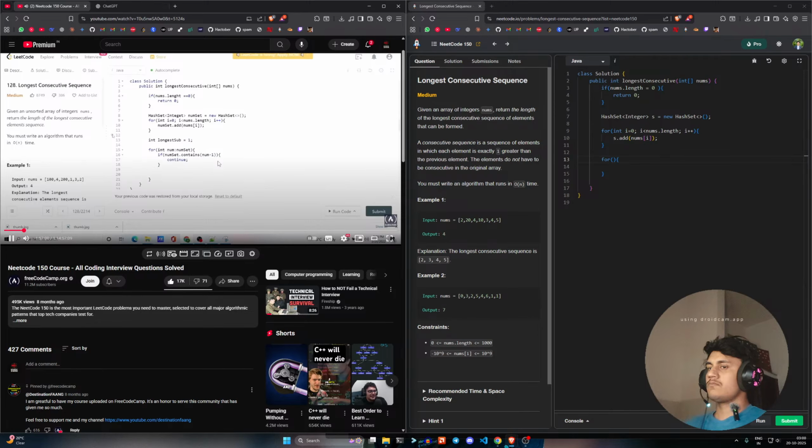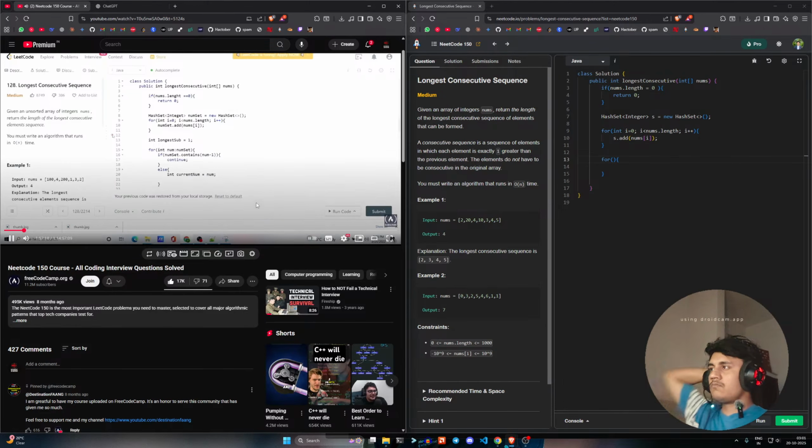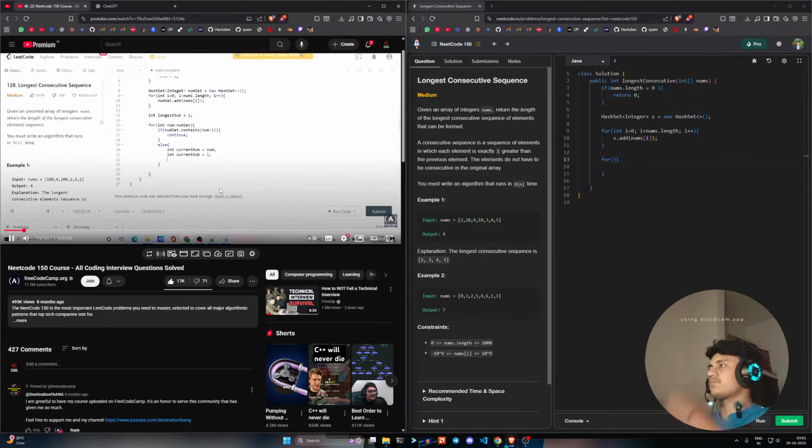If this is not the case, we are first of all going to mark the number we are at as current number, because this is the beginning of any longest consecutive subsequence. We are also going to create another parameter called current sub that is going to take care of the current maximum consecutive subsequence we can find, and we are going to initialize it to 1. And now we are going to put a condition that while our hash set contains